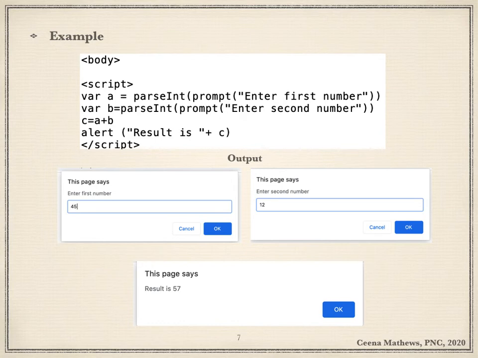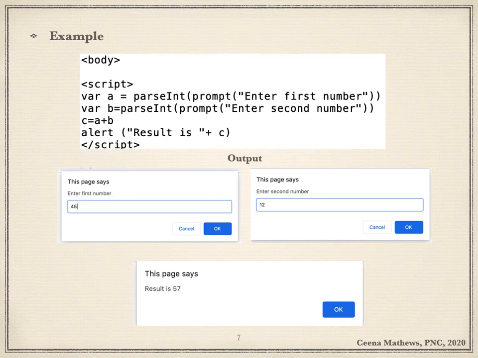I have used the prompt box for entering the two numbers, and since the numbers entered will be in text boxes, they are treated as strings, so we are converting them into numbers using the built-in function of JavaScript, that is parseInt, which converts the given string into an integer. And here c is equal to a plus b, the two variables are added, and the result is displayed using alert.